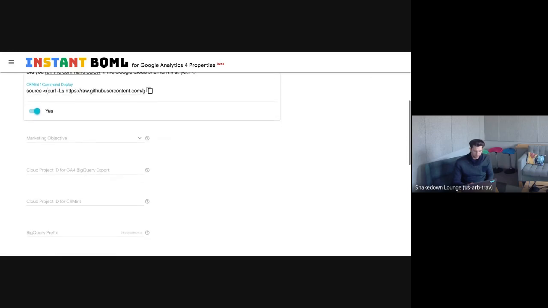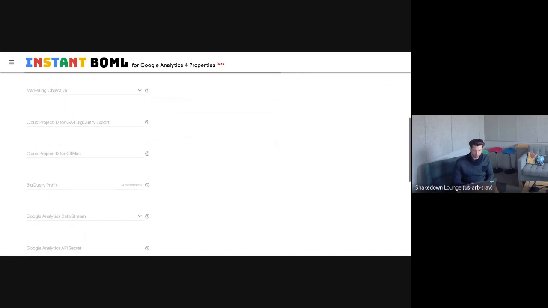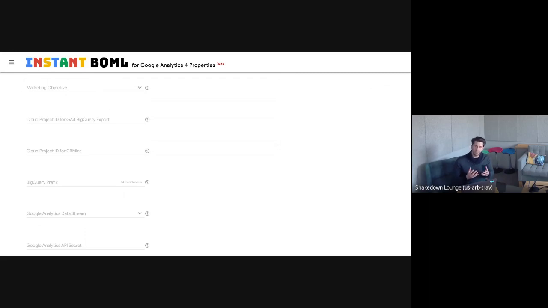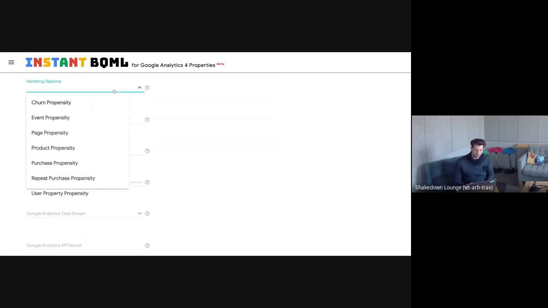And so now we can just move on to the next step in the instant BQML form, which is asking us about a marketing objective. And so with instant BQML, it makes it very easy to configure different models to various objectives. And when it comes to instant BQML for Google Analytics 4 properties, we've looked at lots of different types of common sorts of events or measurement that might be associated with Google Analytics 4 properties. And we've packaged them up into these marketing objectives, where, for example, you can easily select purchase propensity